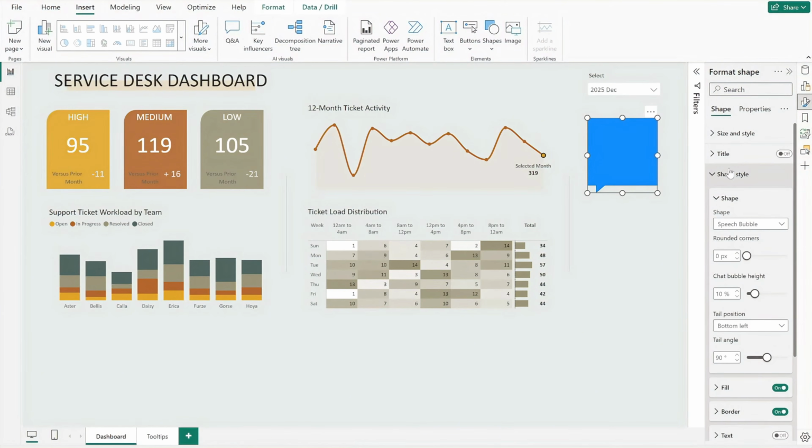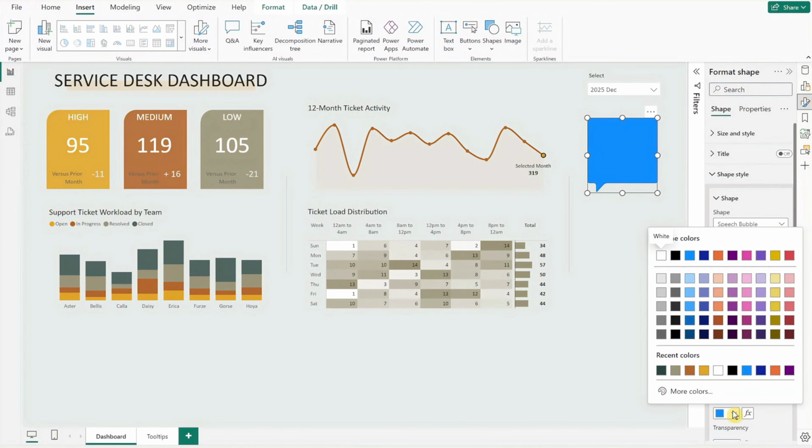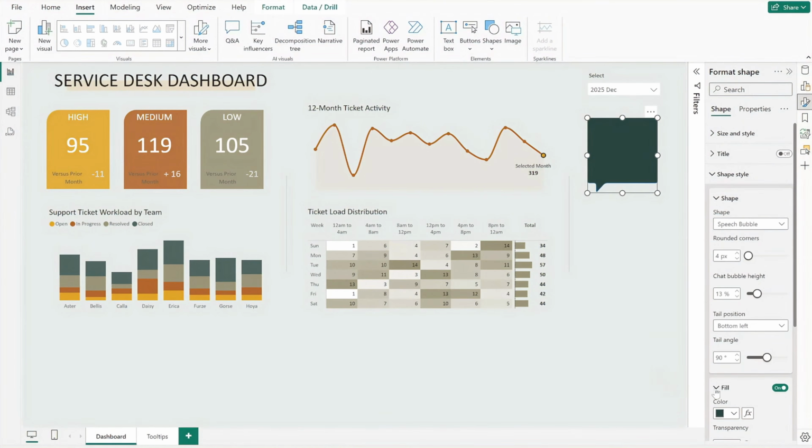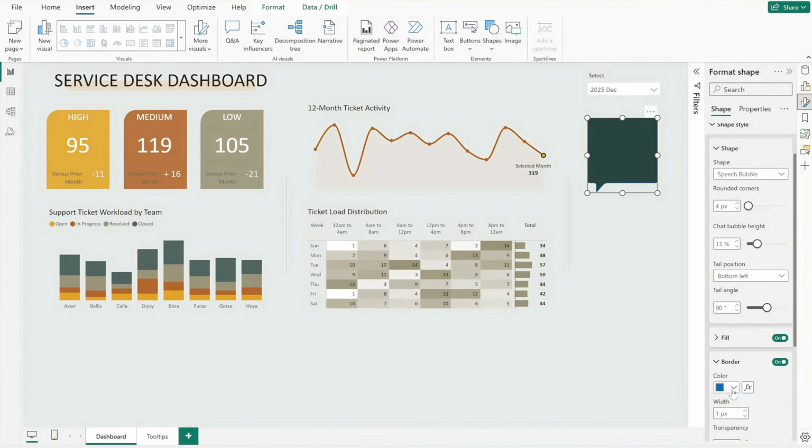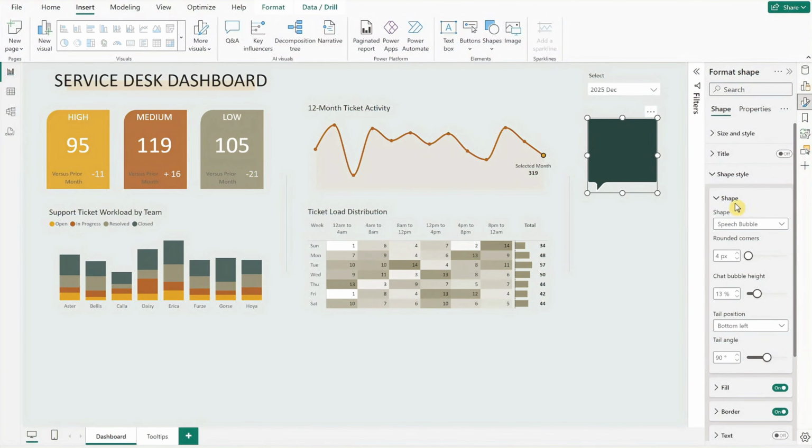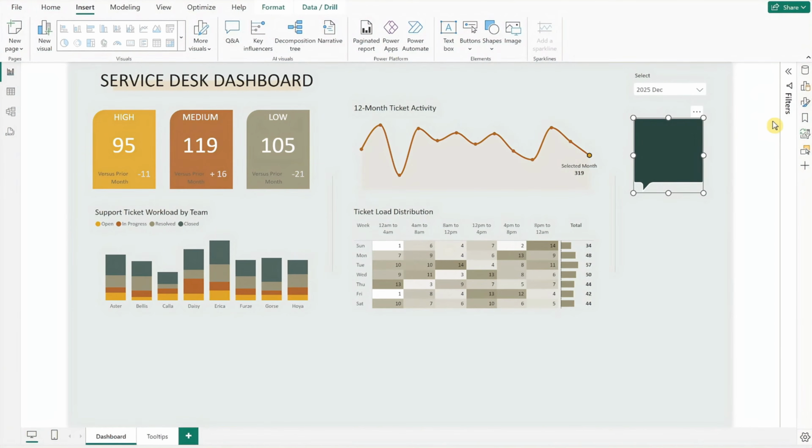Under Shape Style, set the rounded corners to 4 and chat bubble height to 13. Then, change the fill color to dark blue. Update the border setting by changing the shape border color to white, and increasing the border width to 2 for better visibility. Once the speech bubble is styled and in place,